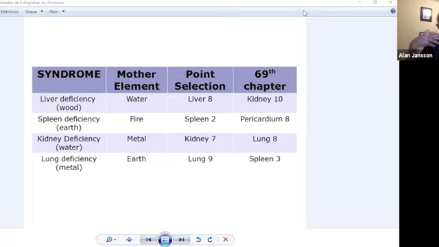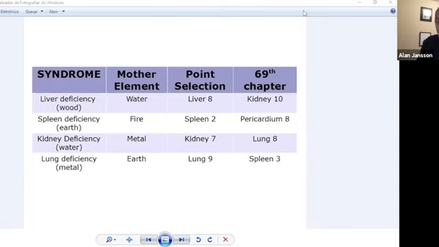So utilizing the 69th chapter, we're again applying and asking the mother to nourish the child, both from the perspective of the mother meridian organ complex and from the actual issue we're dealing with, where the child, in this case, is the kidney meridian. So that's 3 of the 4 key cornerstones of the root treatment of recalibrating our patients so that we get the maximum treatment efficacy on each and every occasion.